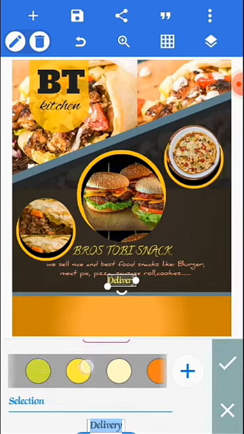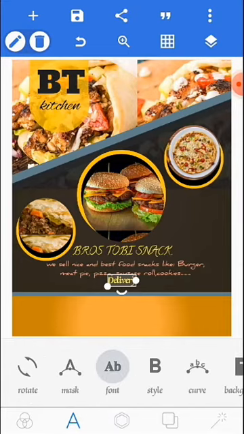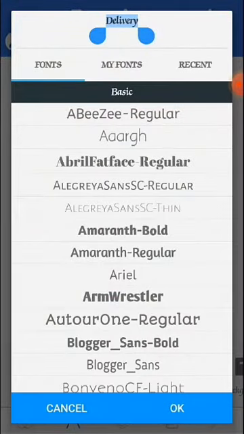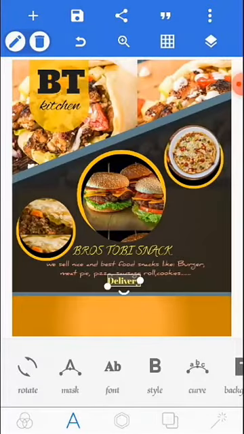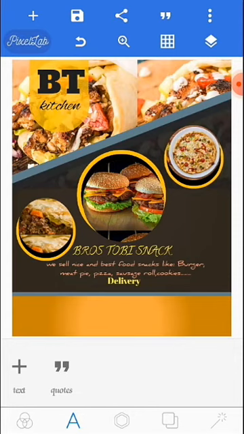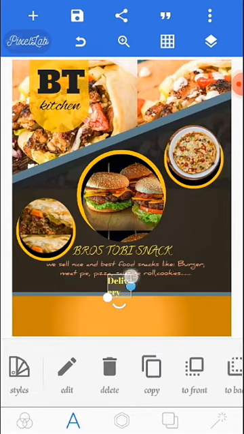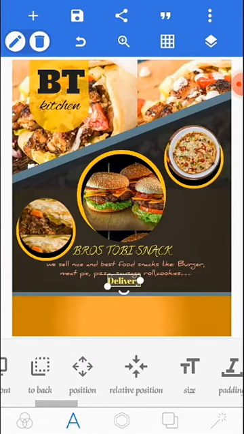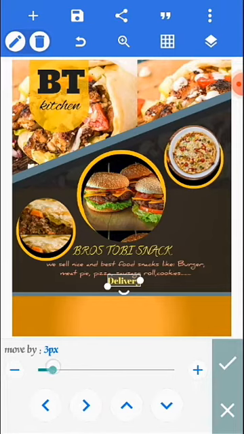So I'll give it a font that is somehow special, so something like this. So I'll be shifting it downward. So, can you see? Alright,